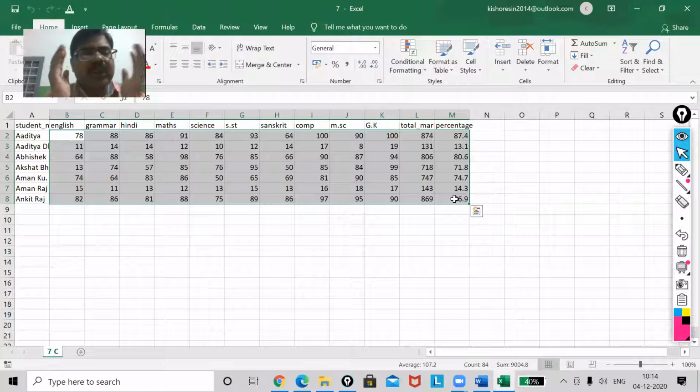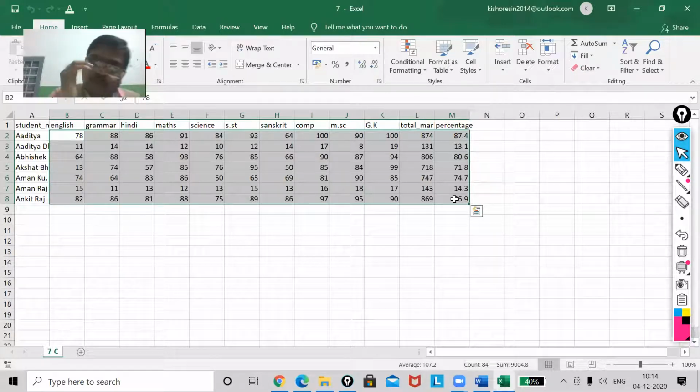Now, first, what is the condition that you have to apply in Excel? My condition is that those students who have got less than 40 in any subject must have color red. This is my condition. So how will I do this?